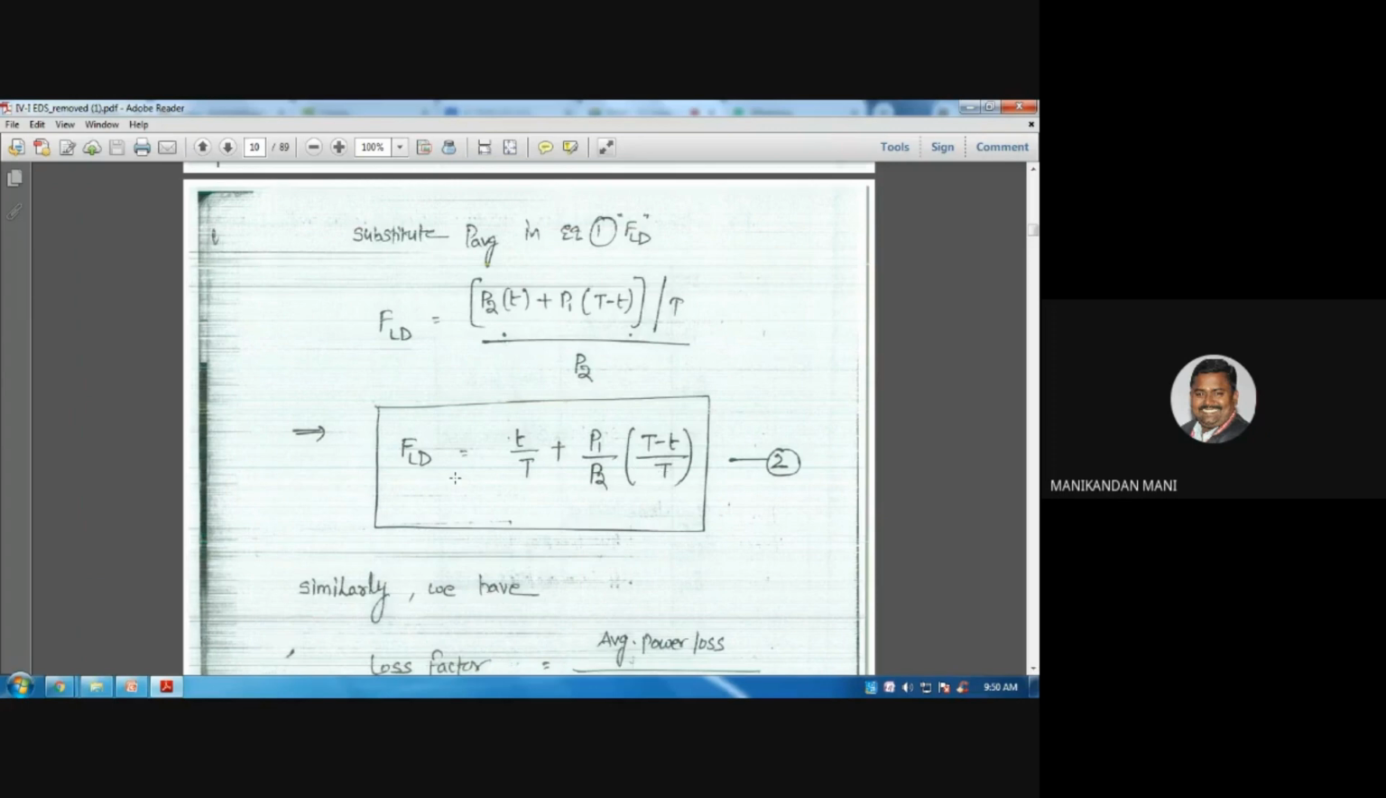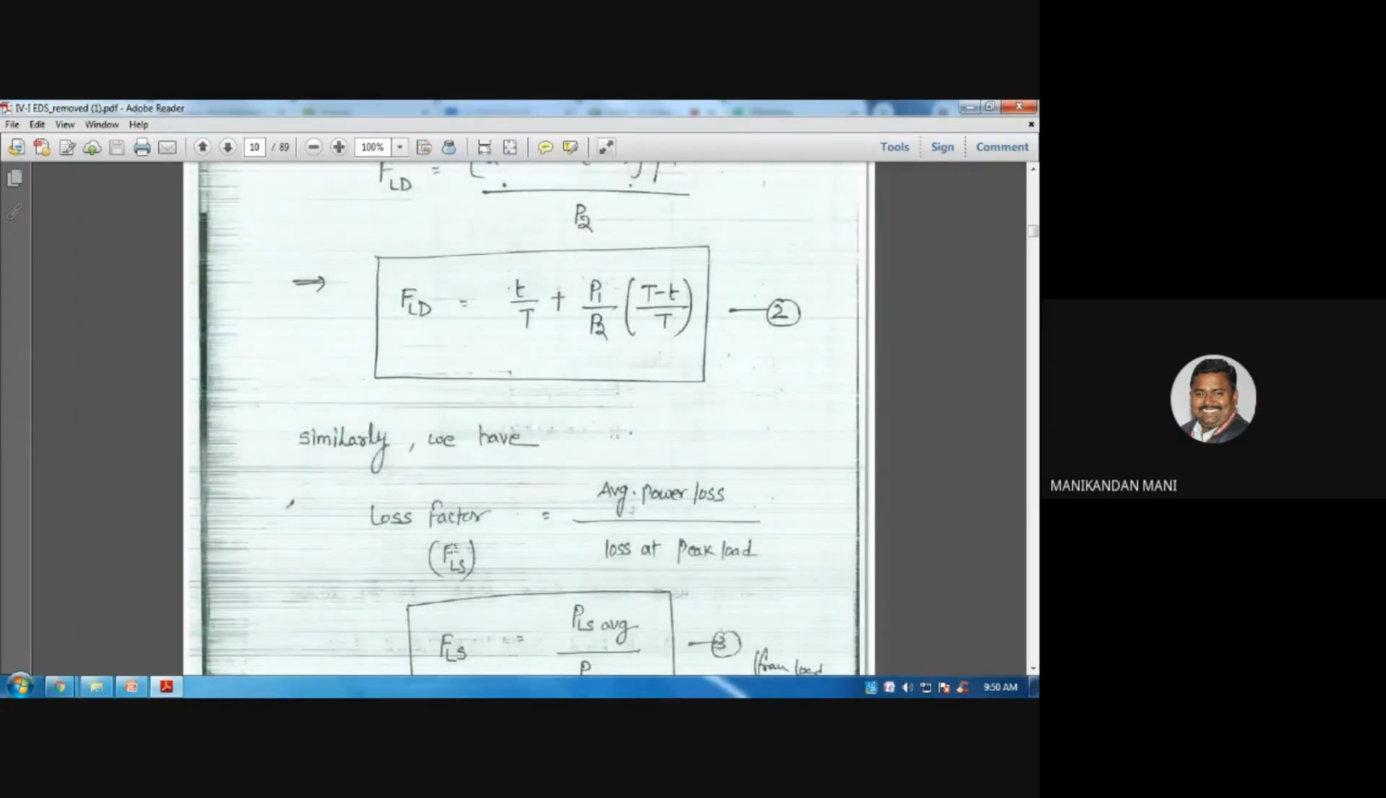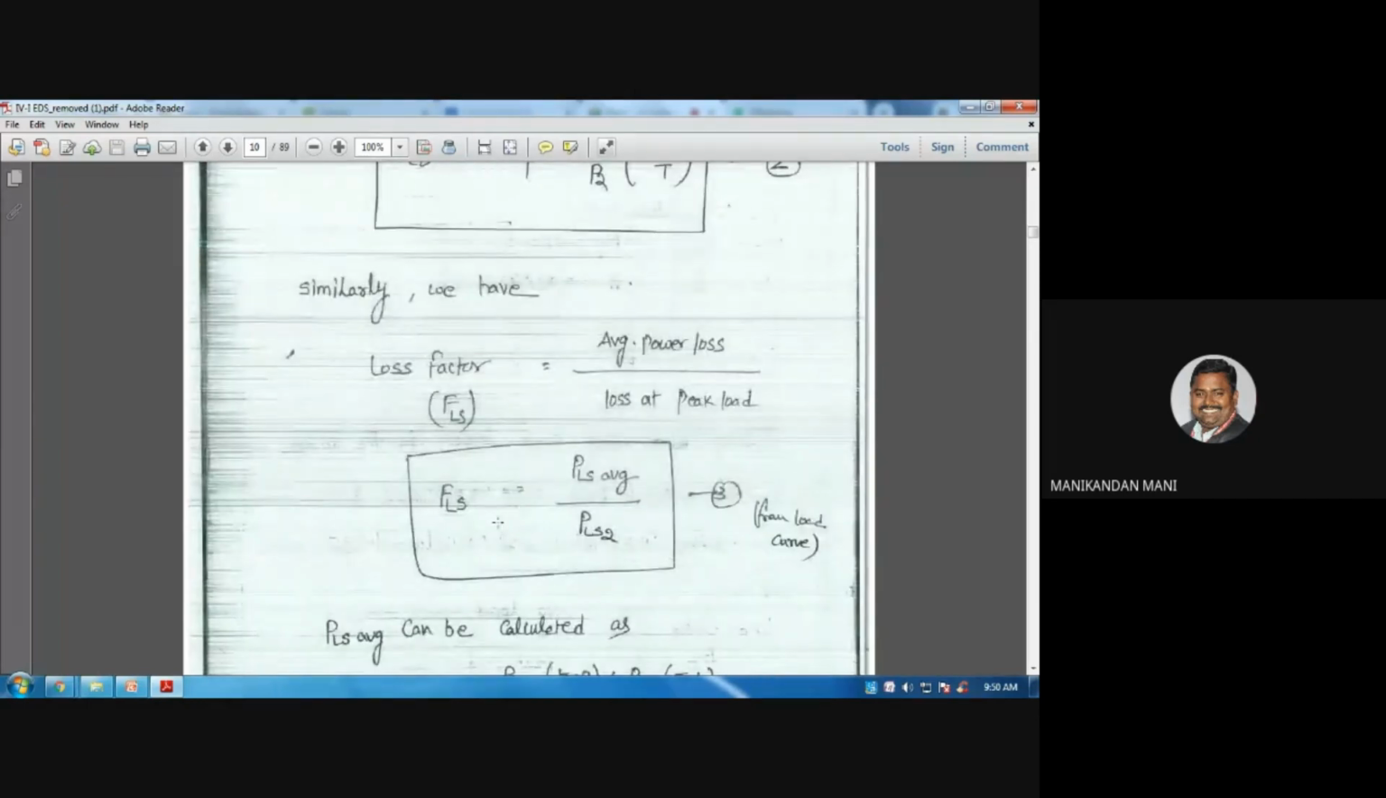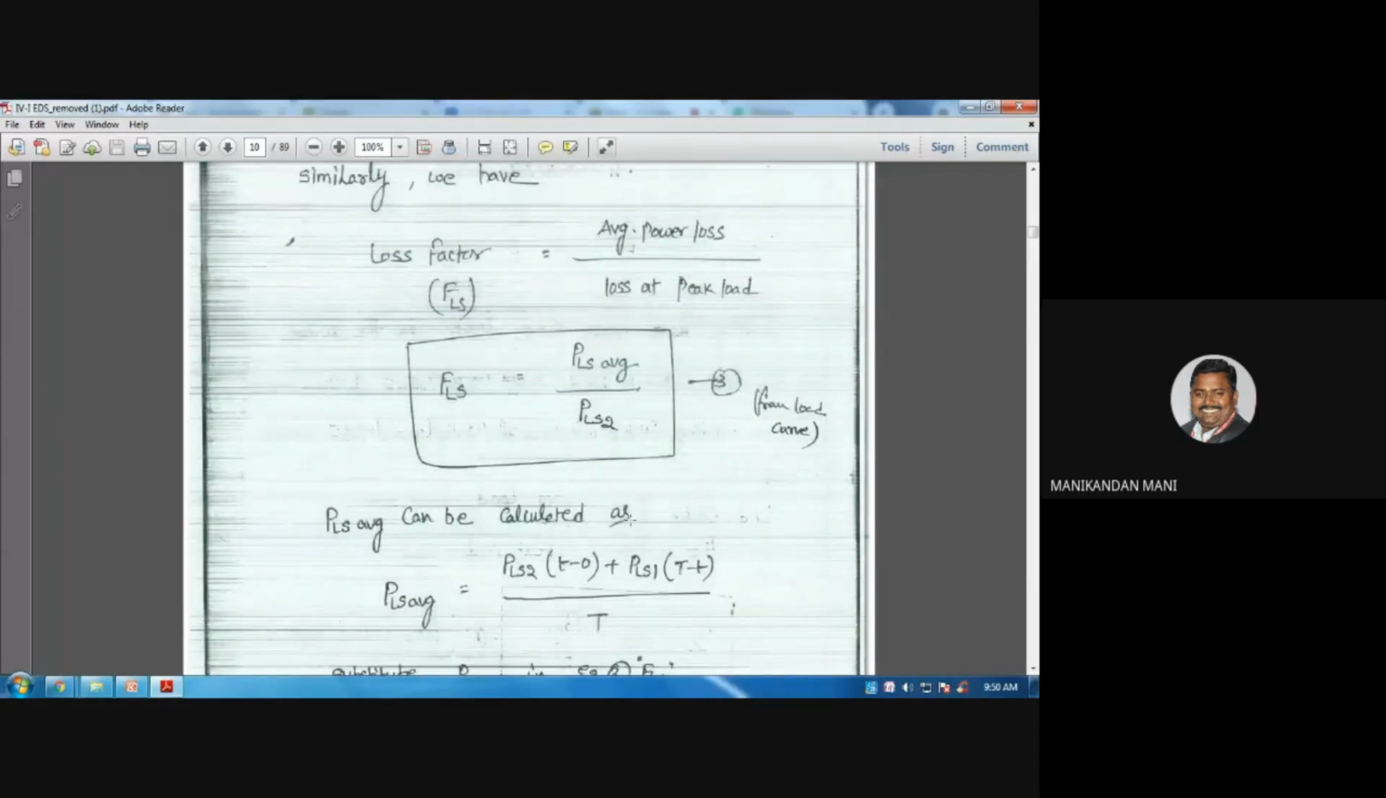Okay. So this is for the load factor. Similarly, the loss factor also. The loss factor is equal to the average power losses divided by the losses at the peak load. So FLS is equal to PL average divided by PLS2. Okay. So now PLS average, the same way we need to calculate: PLS2 into small t minus 0